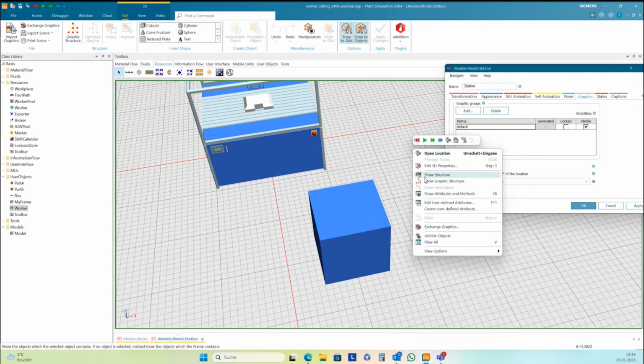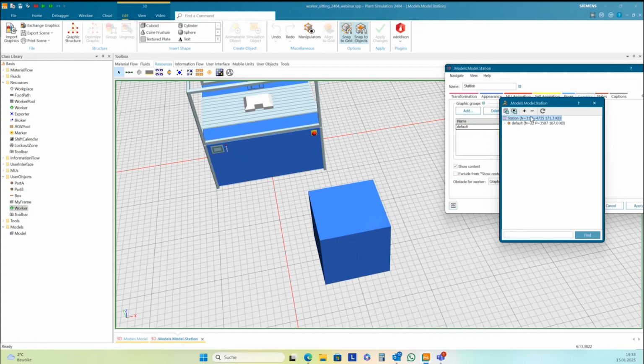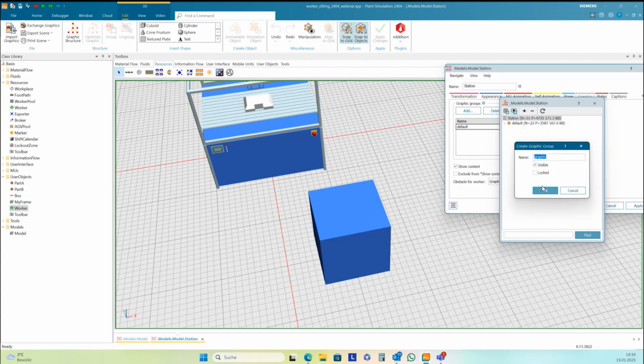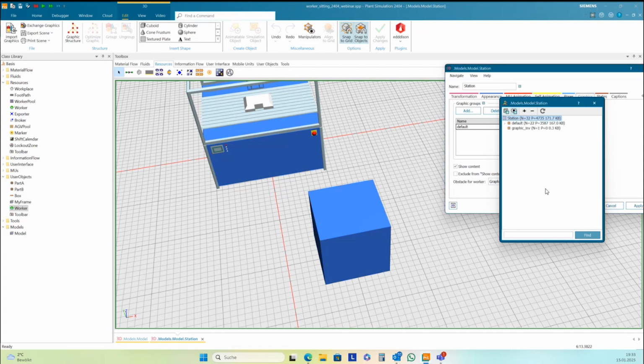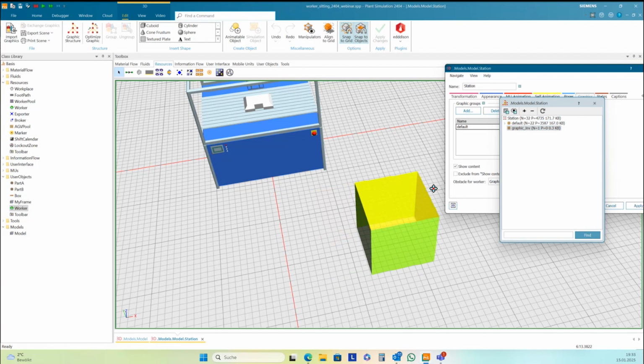I need to go to the graphic structure. Then I need to create a new graphic group. I make the graphic invisible, and then I place this graphic into this graphic group.